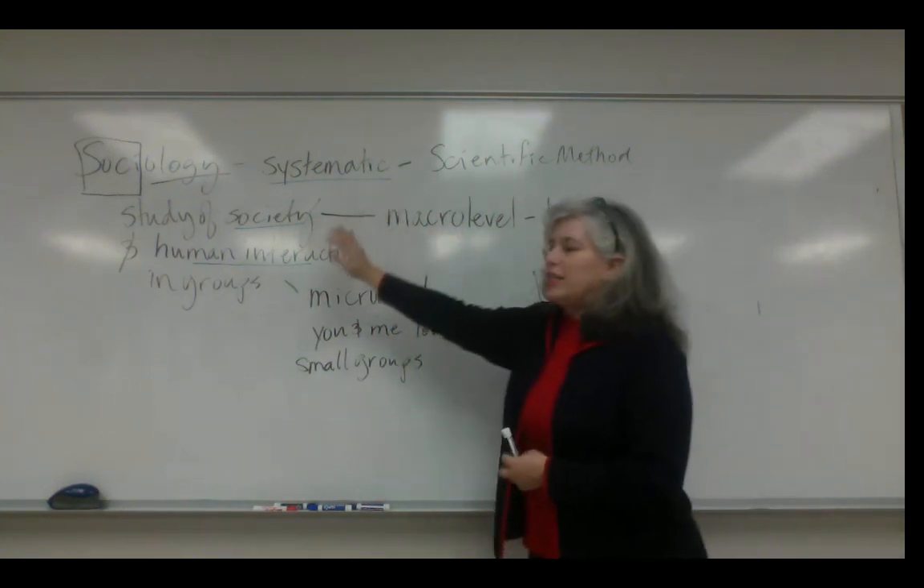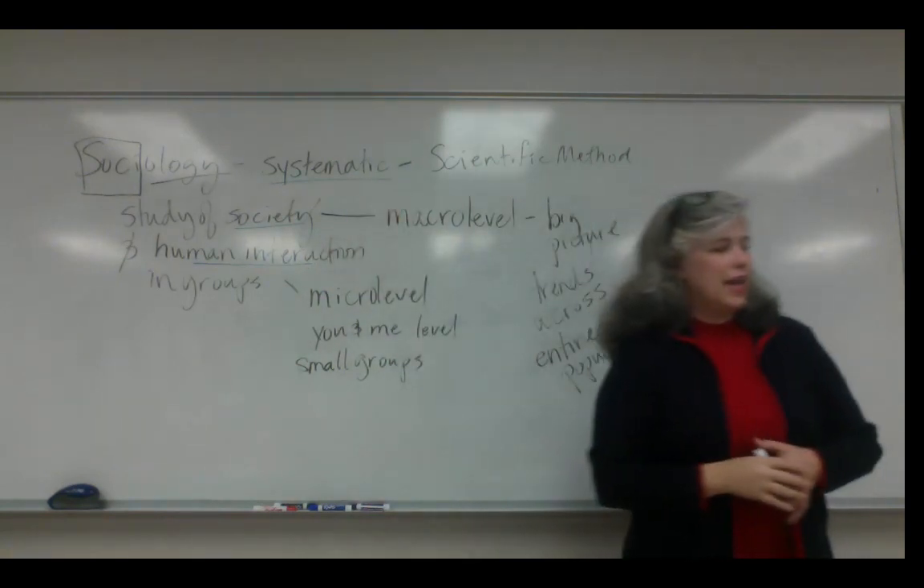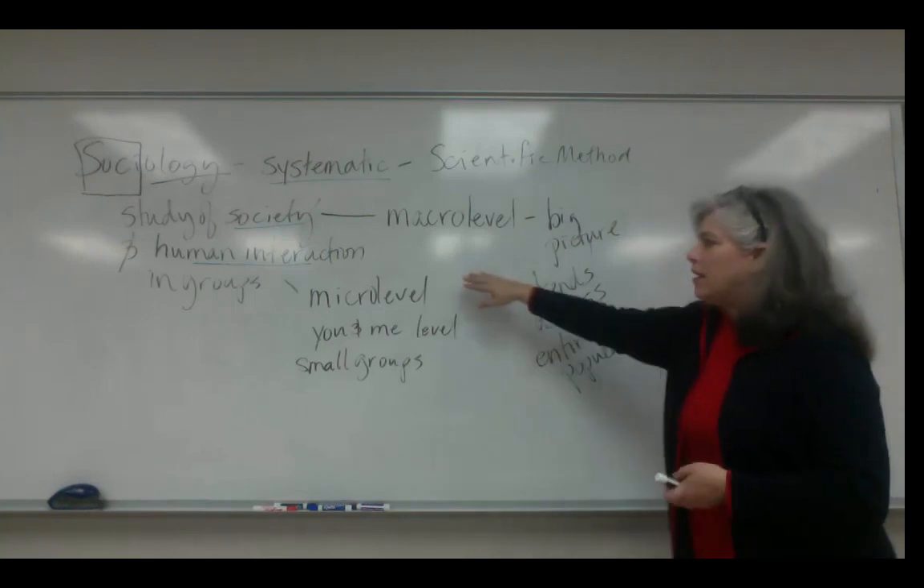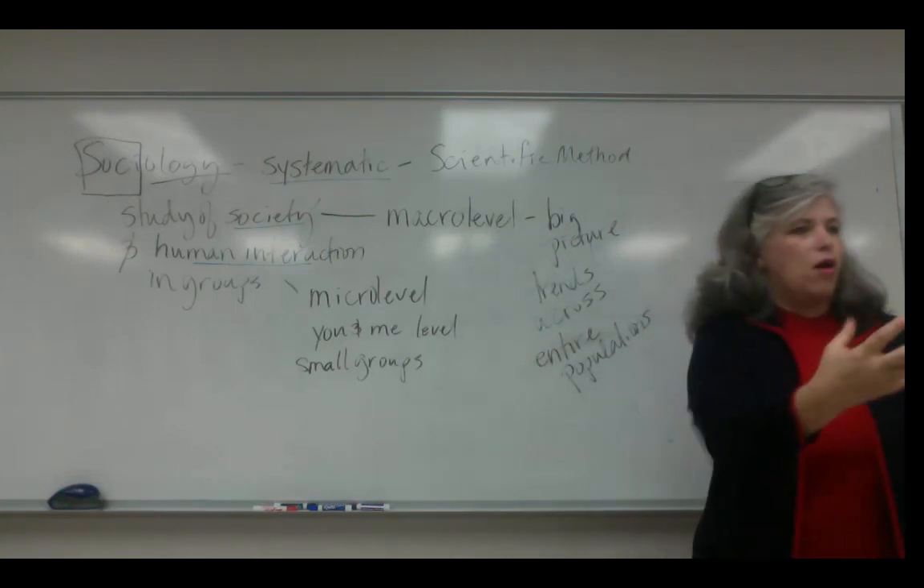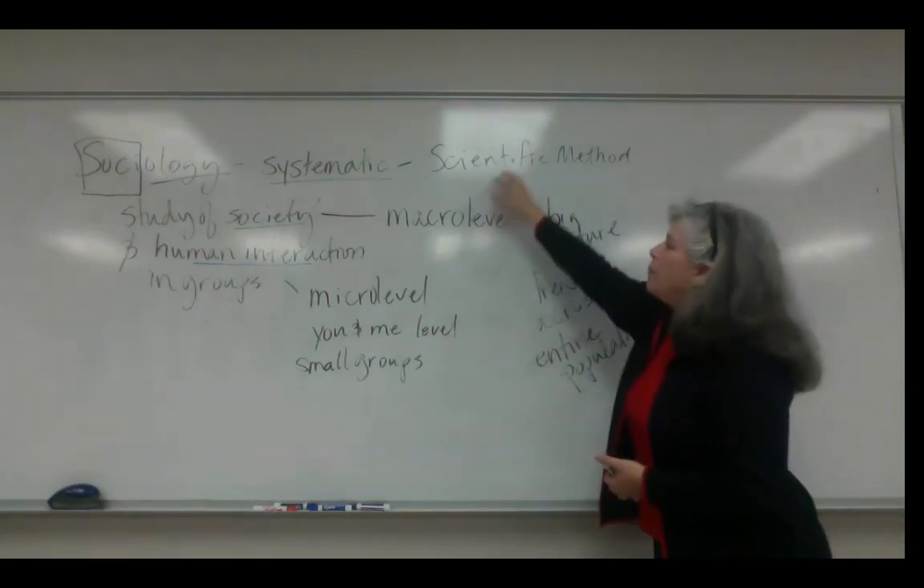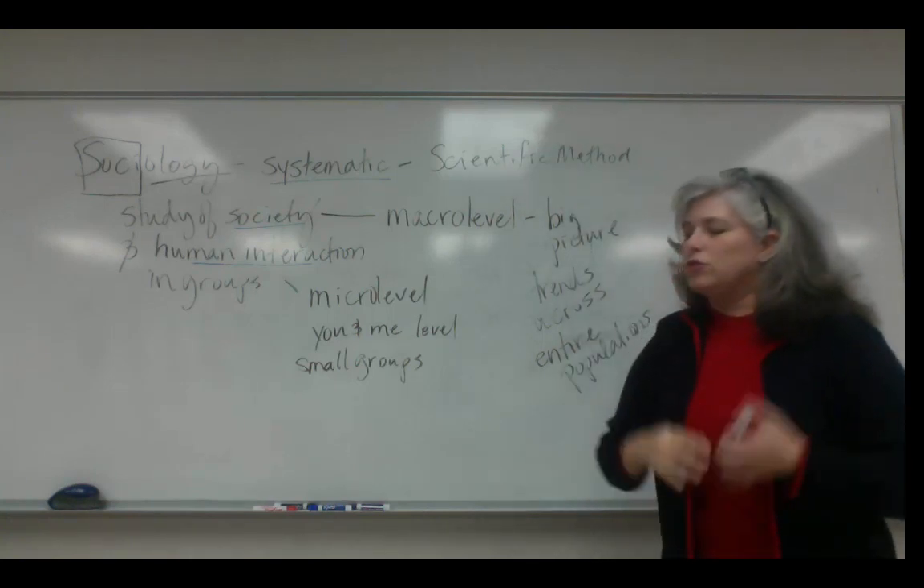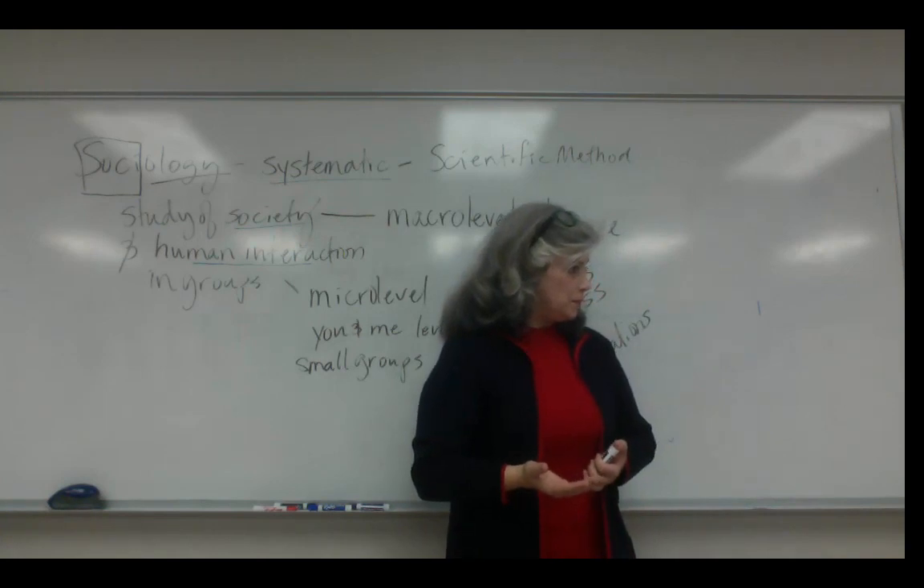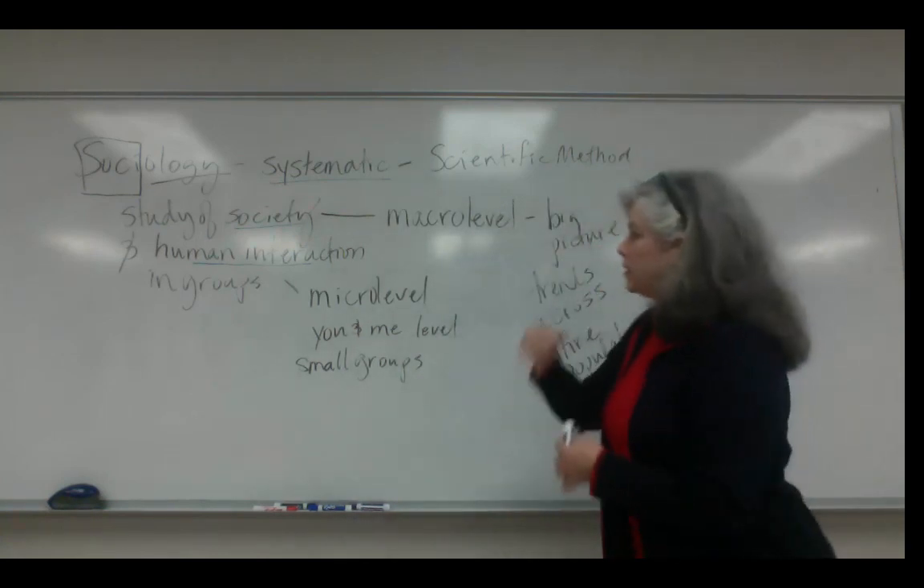So sociology is a systematic study of society and human interaction in small groups, both of them, and the crossover in between, like a small town or something. But we always use the scientific method to try to get as accurate data as possible. So I'm telling you this because